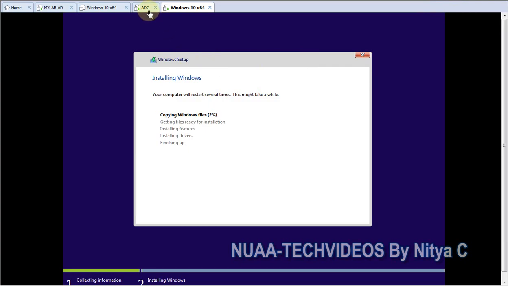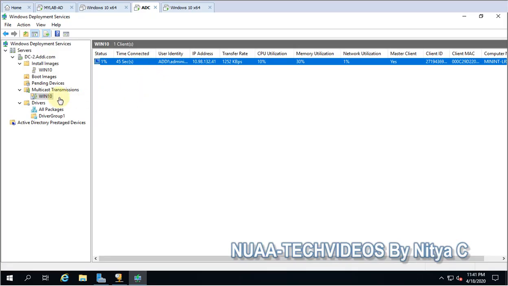Meanwhile, let's go back to the WDS server, and here you can see we have Windows 10 multicast transmission. If you have multiple machines to install the operating system on, then it is important to configure the multicast transmission, so that at the same time those machines can be configured or started.